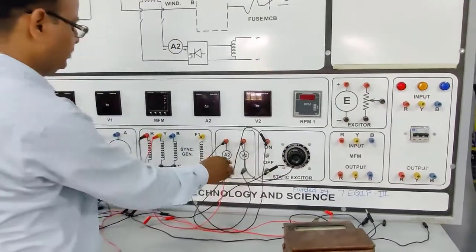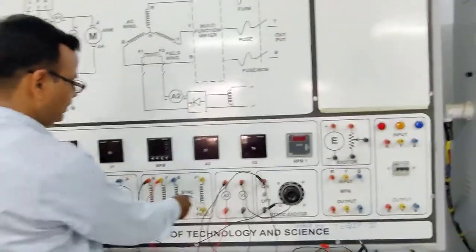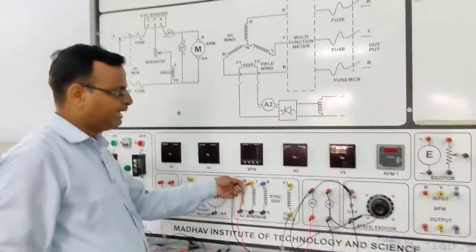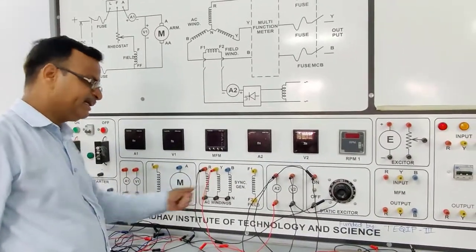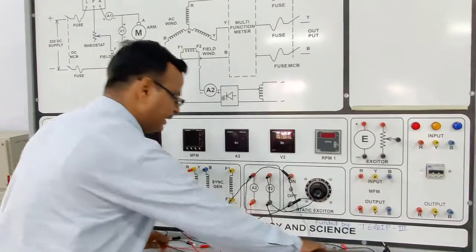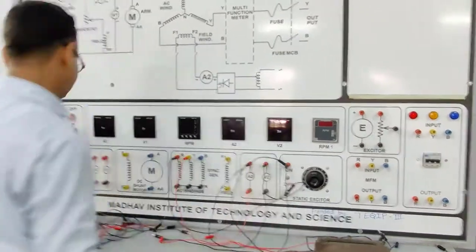This voltmeter V2 gives the supply voltage, and this A2 is the current flowing through the ammeter. And with the help of the formula V upon I, we can calculate its stator winding resistance. So we get the supply, start, switch on,